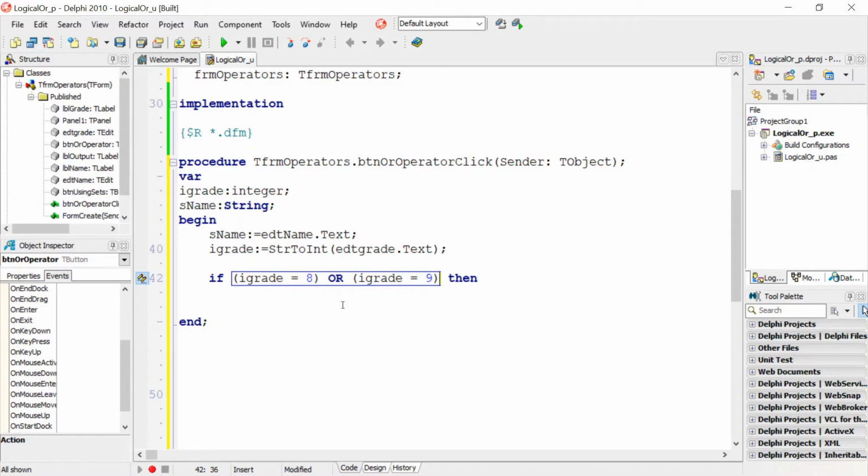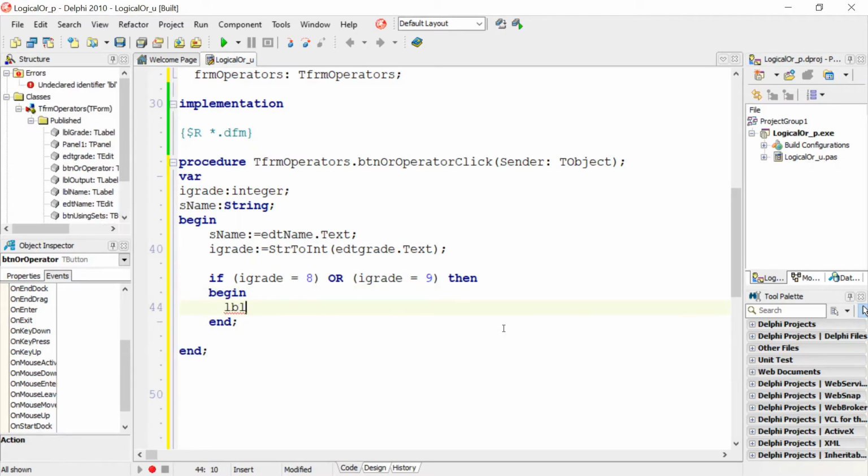Now when you're using operators, I can't say if iGrade equals 8 or equals 9. I have to test a variable. I have to say if iGrade equals 8 or iGrade equals 9. Okay, so if either or, whichever grade it is, either or,